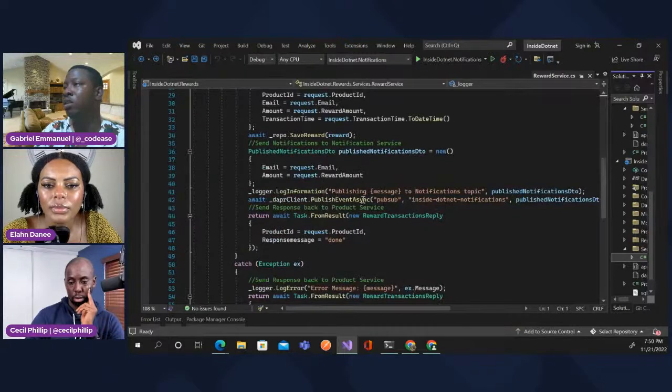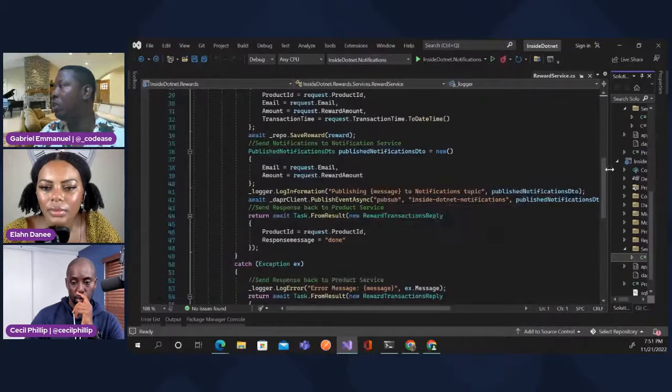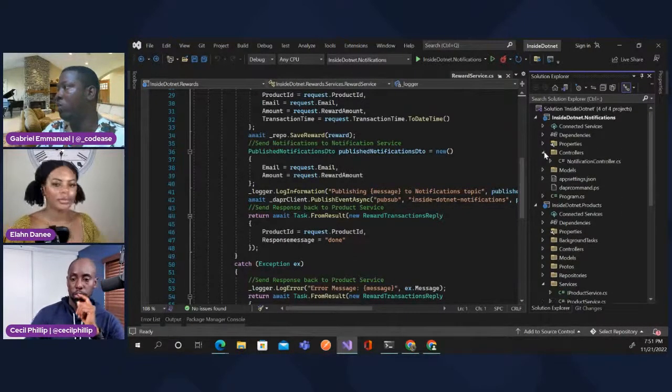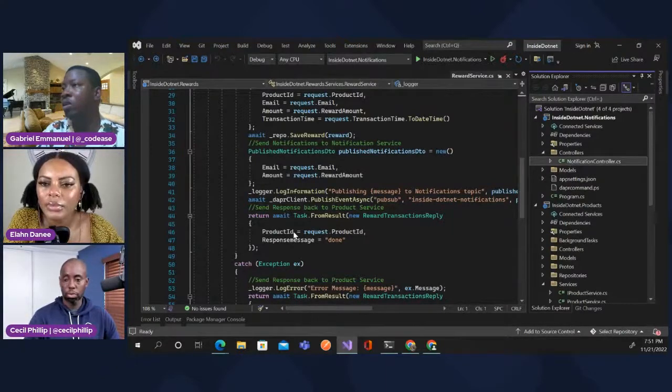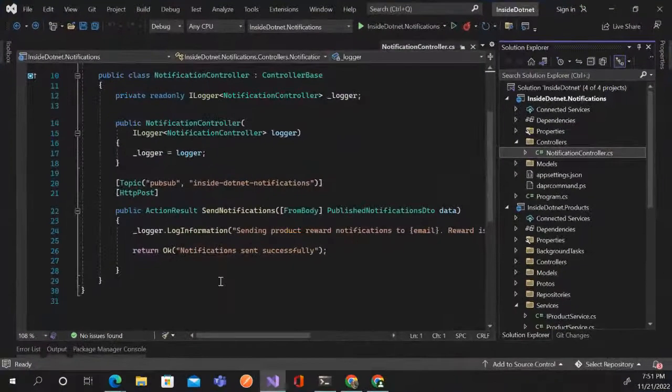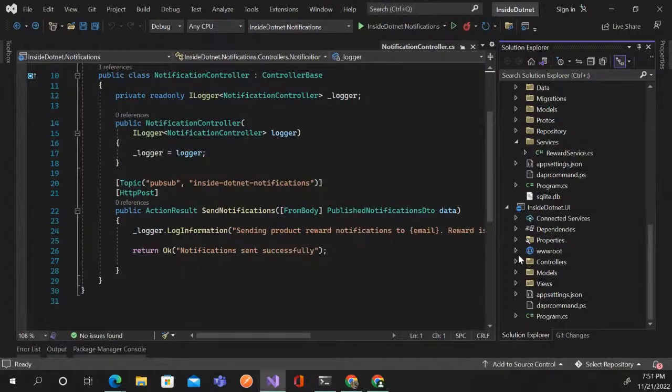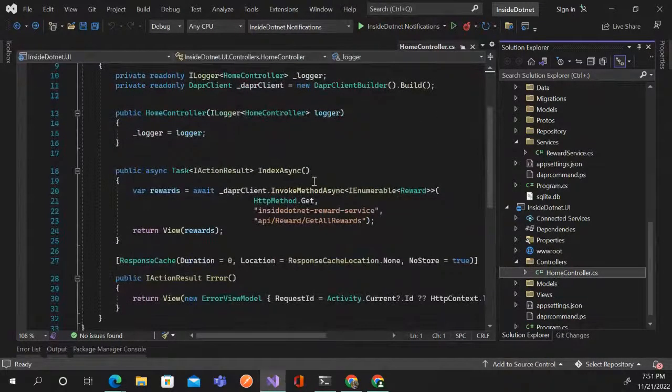We use the method publish event async to publish the notification to a notification service, which, when received, nothing was implemented right in there. We just logged to the console that we received this. So sending product reward notifications to it. And finally, right in the UI, we use Dapr service invocation to invoke the number of rewards that have been logged to the reward database and then showed it on the